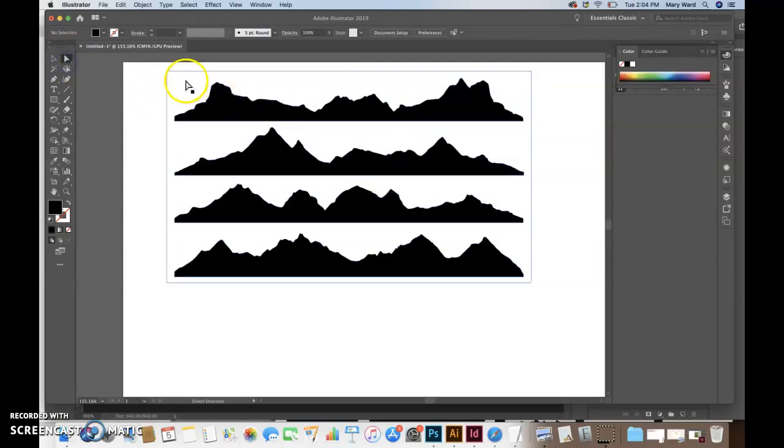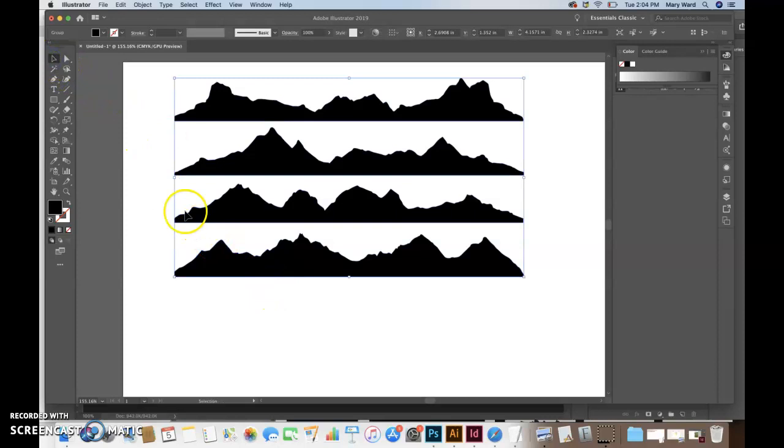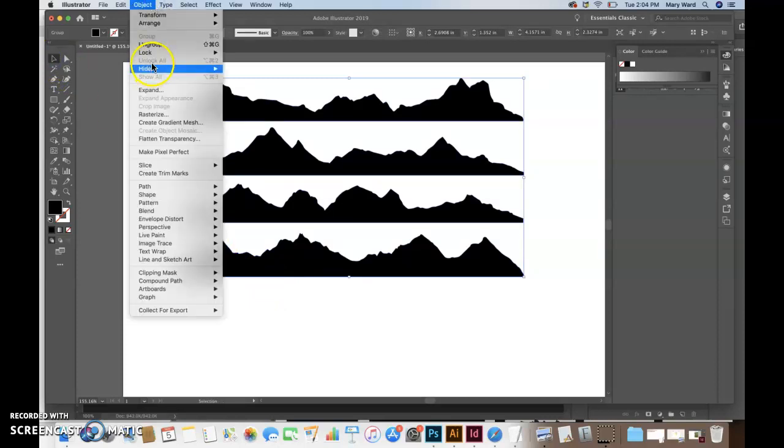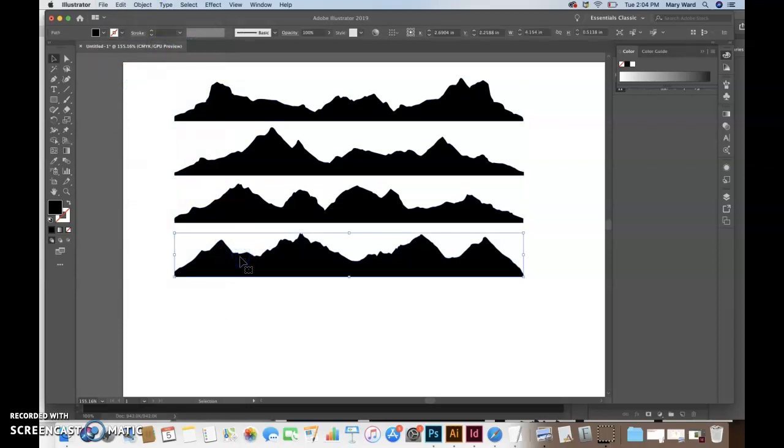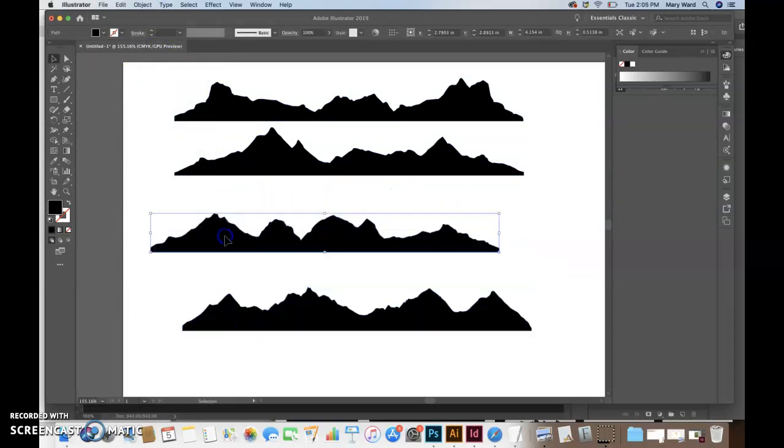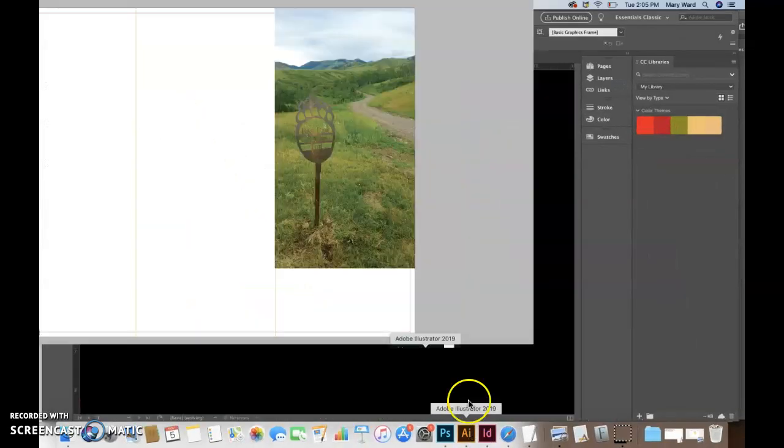Okay, so it brought in a white background, so I'll just delete it by using the white arrow tool and selecting it. And then I can kind of figure out which silhouette I actually want to use. They're all pretty similar. I don't know if it will really make a huge difference which one I end up using, so I might just grab one. So they're all grouped together, so if I do Object, Ungroup, that can help quite a bit. So now they're all kind of separate. I can grab them separately now. I think I'll just go with this bottom one, Command C,